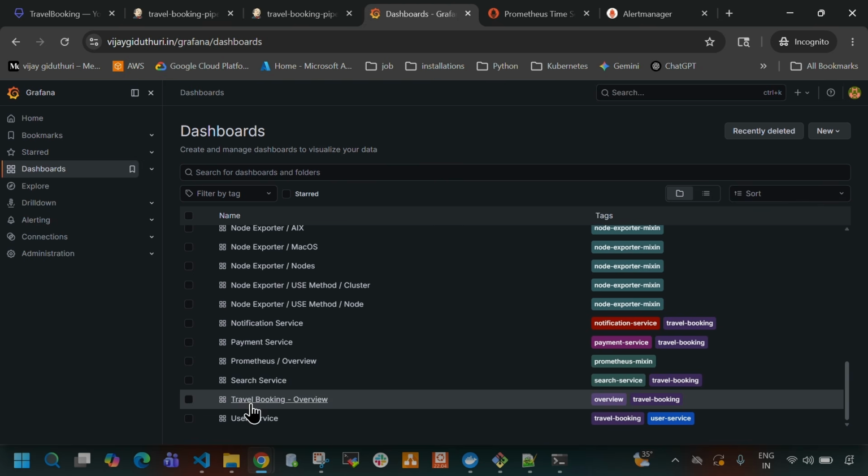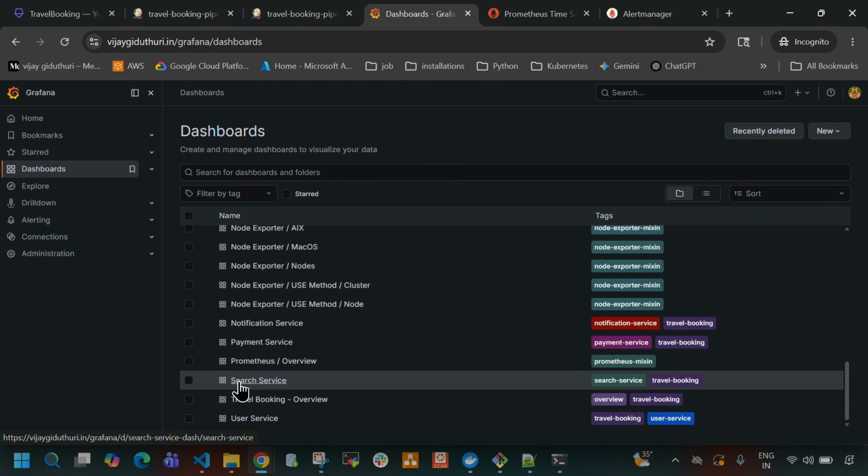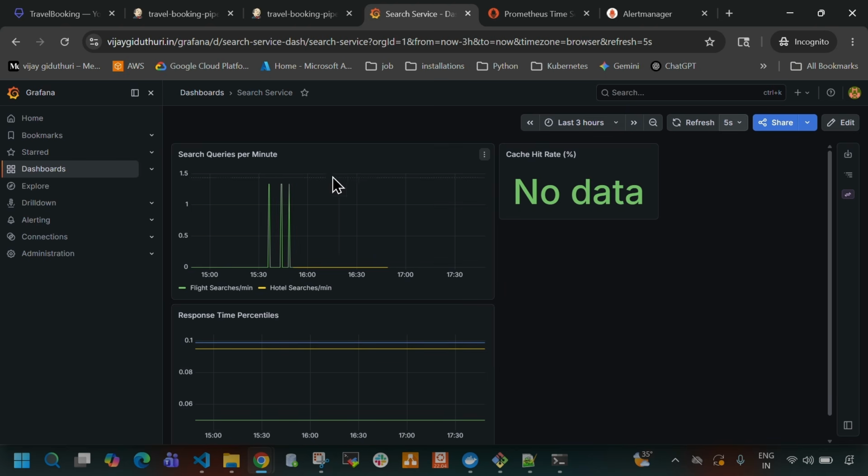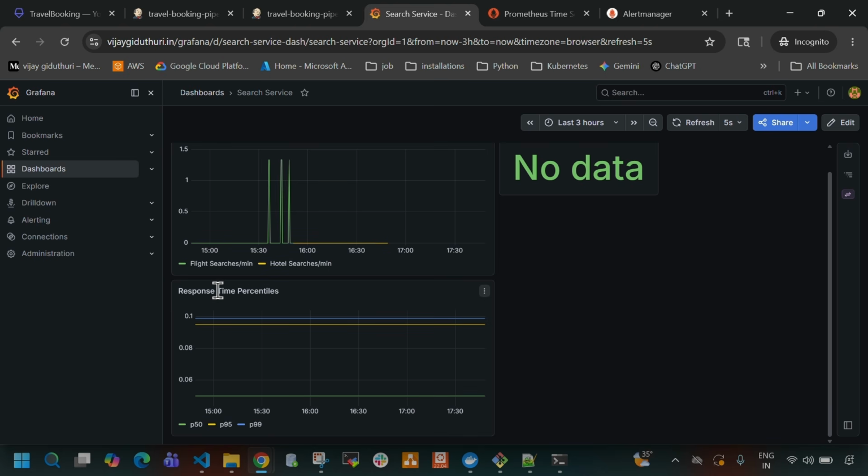So now let me open the search service. This is the search service dashboard, and let me keep it for the last 3 hours and 30 seconds. Okay, so this is the search service queries per minute, and this is the response time. Yes, okay. So mainly